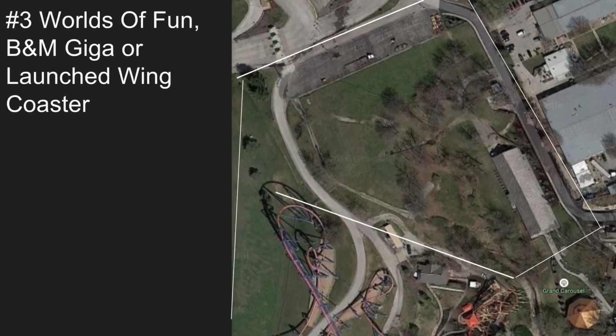The third park on this list is Worlds of Fun, and I feel like they should just really go all out and modernize their front gate in 2019 or 2021, somewhere in the late 2010s to early 2020s. I think Worlds of Fun could get a B&M Giga or a launched wing coaster because Worlds of Fun needs a launch coaster, and it's possible if they get a launch coaster, they could then upgrade their front gate and have a new coaster with it, which could be the Giga, or they can just get the Giga now in